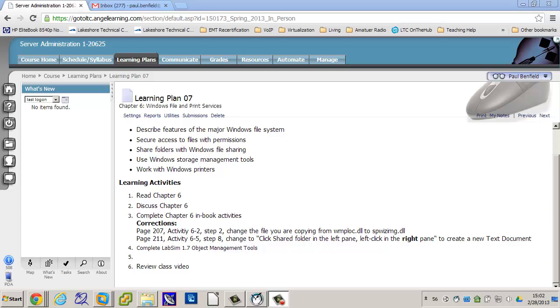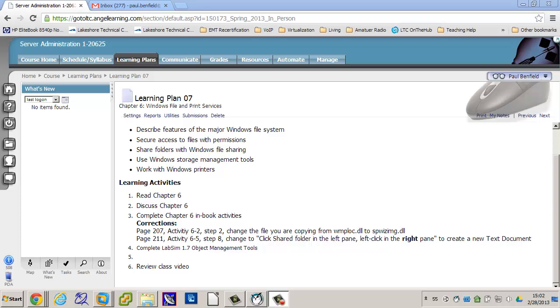But you do get into managing shares with the Shared Folders snap-in. Very cool tool. It lets you see all the shares in one spot, what they are, where they are, and what's going on with them. So a great tool. We did an activity like this already, 615, publishing and monitoring access to shares. Remember, we created a share, and then we published it, and then we had somebody find the published share. You probably don't remember, but you did do it. So maybe as you do it again, it's going to come back and you'll say, oh, yeah. And that's publishing and monitoring a share.